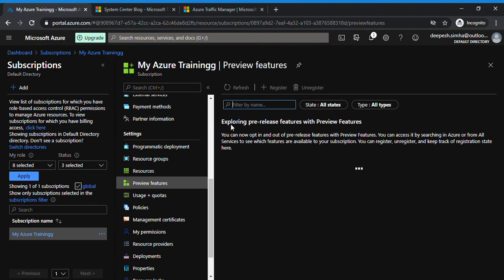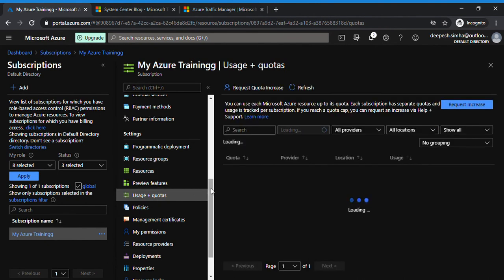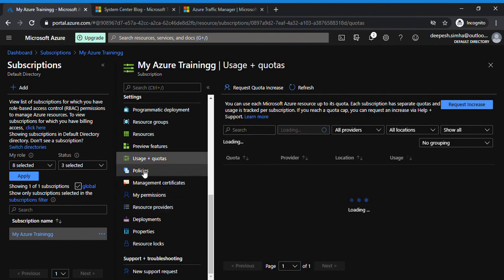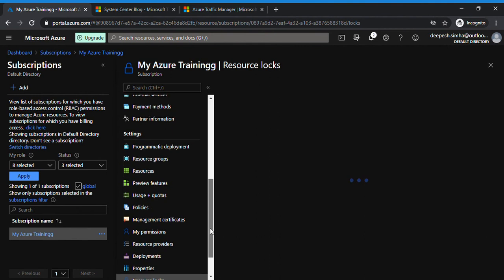If you read, it says exploring pre-release features, so they are all pre-release features, and if you want, you can register with them. Usage and quotas I just discussed. Coming to permissions, deployments, properties, resource lock: resource lock is quite an important topic and we have already discussed it. So usage and quotas is mainly what we have focused on in this session.